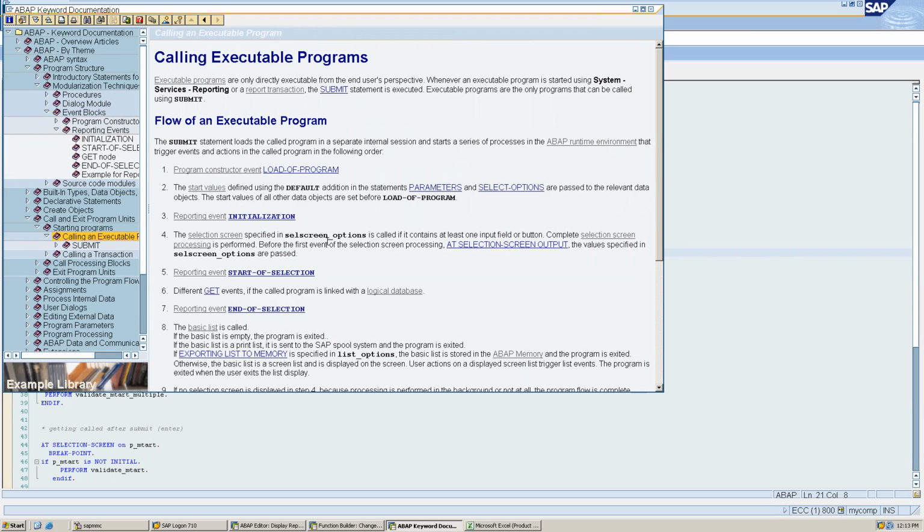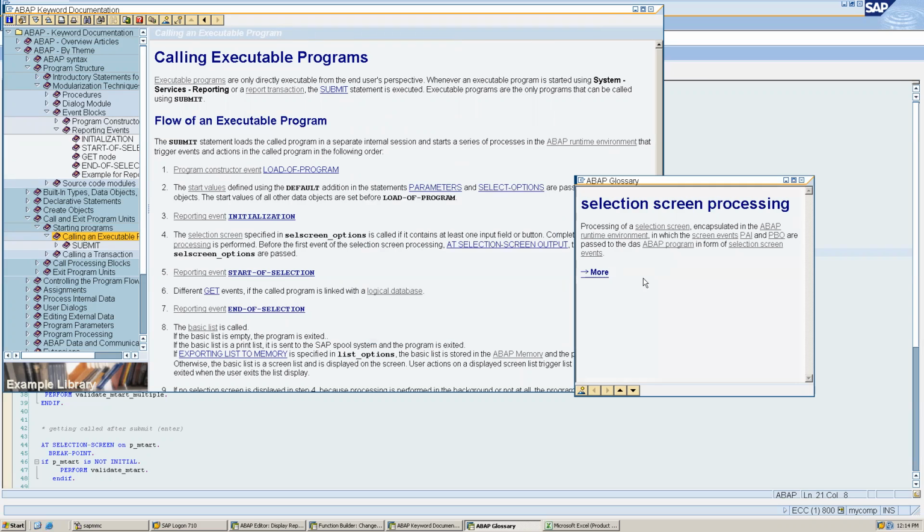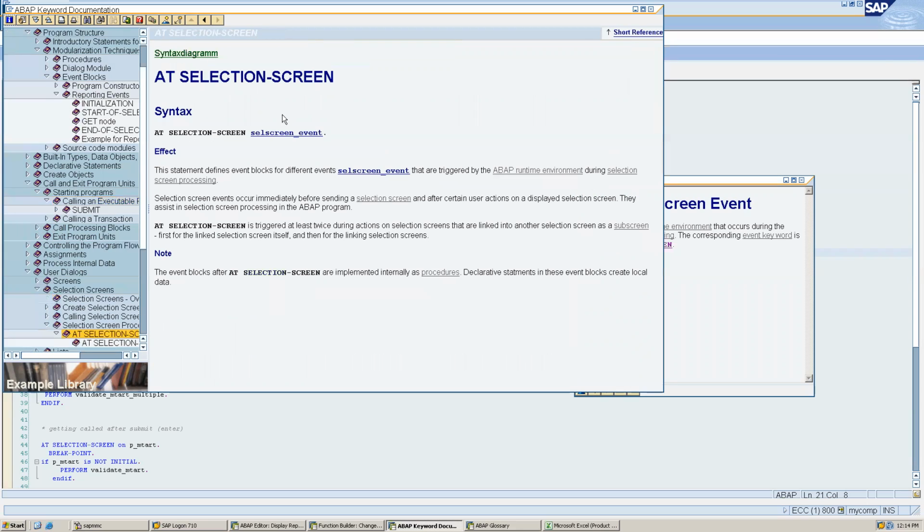You can see selection screen before start of selection, AT SELECTION-SCREEN OUTPUT, and AT SELECTION-SCREEN. These parameters they have not given clearly, but if they can start selection screen, see selection screen event, see AT SELECTION-SCREEN, right? So they have given AT SELECTION-SCREEN OUTPUT, which we have seen already. If you go inside this AT SELECTION-SCREEN, then they will explain what AT SELECTION-SCREEN is and all.